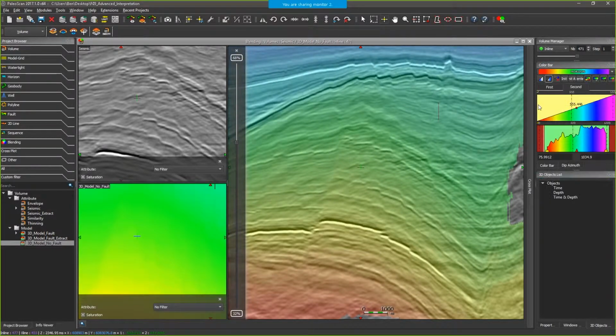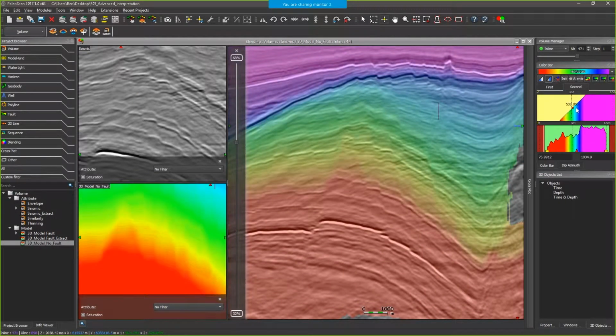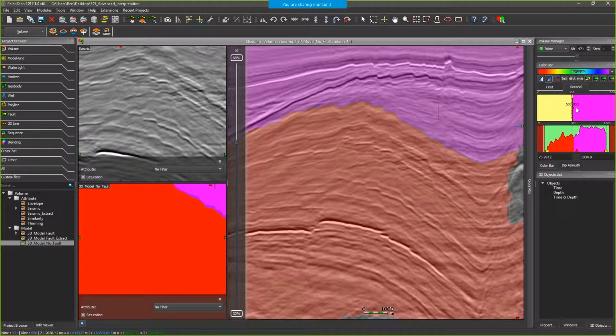If I change to another color bar, you can see it is a continuous model. If I sharpen the color again, I can display all the horizons, because it is a full volume, a 3D volume of relative geological time of horizons. Thanks to this model, I have access to all these horizons.